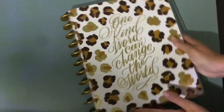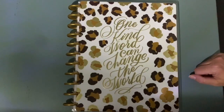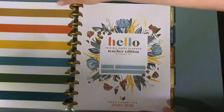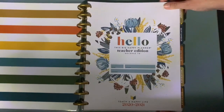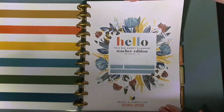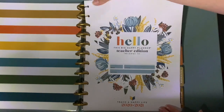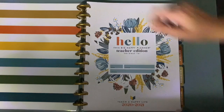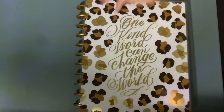So now that you've seen the inside, one of my favorite things that makes me prefer this to the Erin Condren is actually the disc binding. This binding system allows you to take things in and out of your planner, and I also would hate when my hand pressed up against the coils and I can just simply remove the page, write on it, and reinsert it if the binding got in my way. It also means you can add and remove pages as you need, which I'll talk a little bit more about